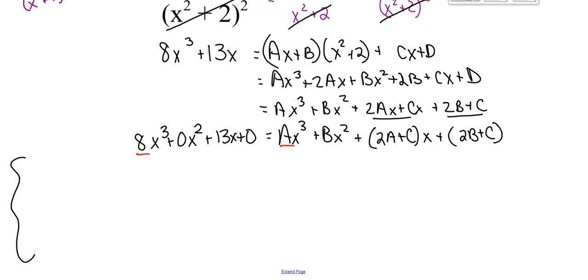So the first equation, A, and I'm going to skip over here to 8, so I have room to write my other ones. The next one has 0, and that's B. So I'll go in a little bit. B equals 0. It's almost falling into row echelon form if I want to think of it that way. The next one, 13, matches this. So 2A plus C. Put that a little closer. Equals 13. And our last one is 0 and 2b plus d. So 2b plus,